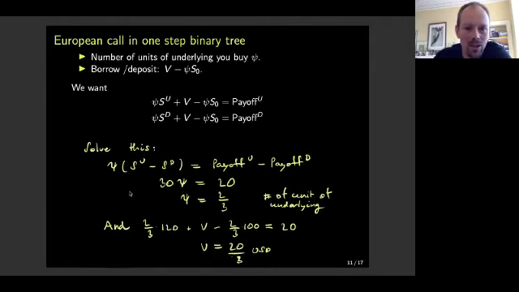And this is the actual calculation. I think you'll be able to do this yourself. I'm not going to bore you with the calculation. It turns out you need to buy 2/3 of the units of the underlying. So that's another assumption you have to make. You can buy fractional